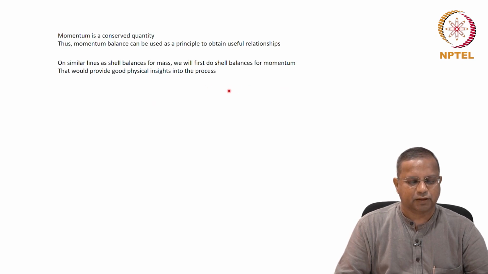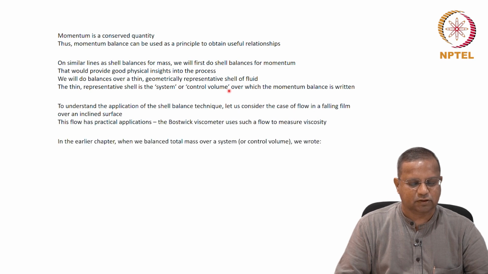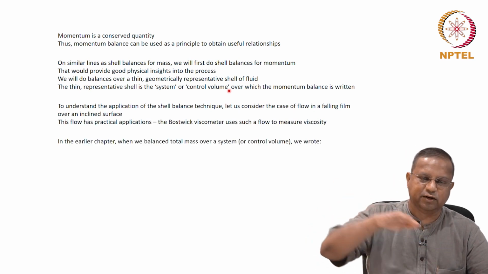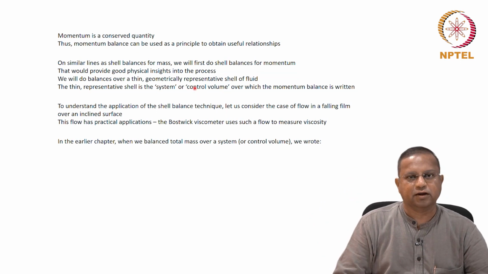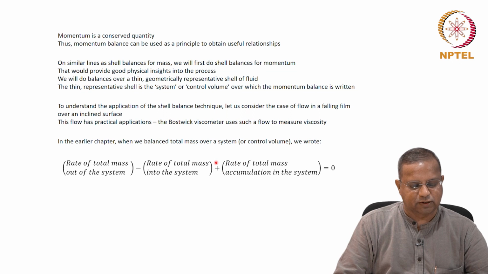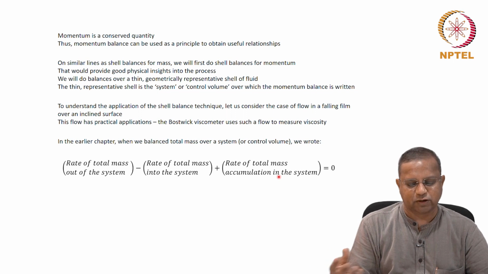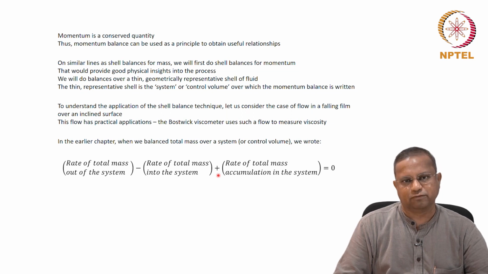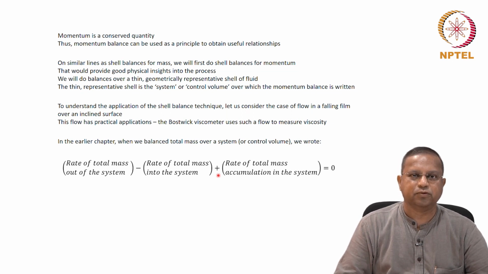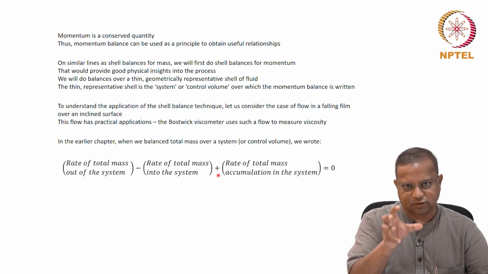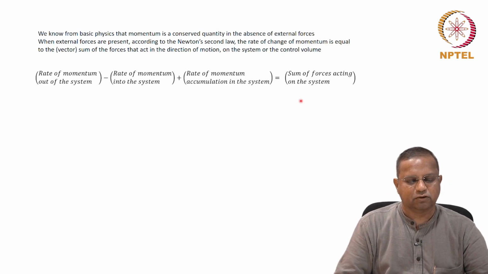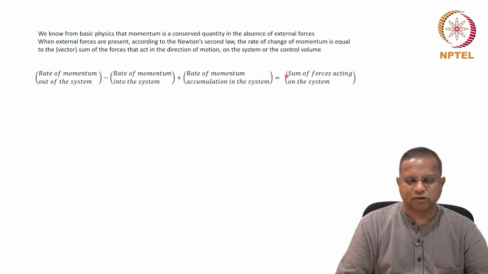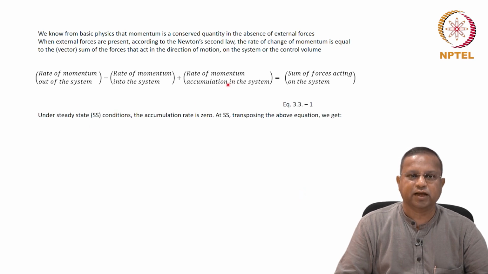So we had used the flow over an inclined flat plate to illustrate the shell momentum balance. We had written, by extension of mass balance, because mass is a quantity, momentum is also a quantity. Only thing is that the momentum balance, strictly speaking, is Newton's second law of motion, where the rate of change of momentum is directly proportional to the force acting on the control volume there. Therefore, we wrote our balance equation to take that into account, the sum of forces and the rate of momentum accumulation. And then we started looking at a steady state case.